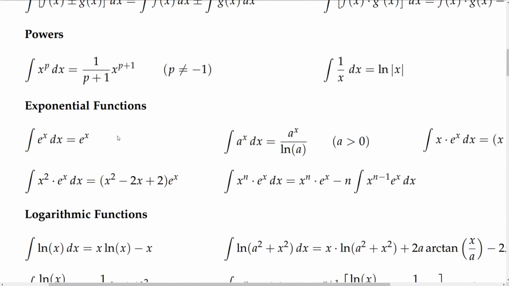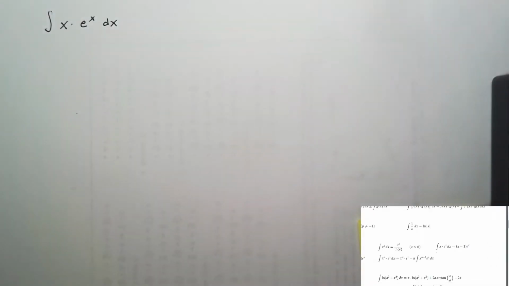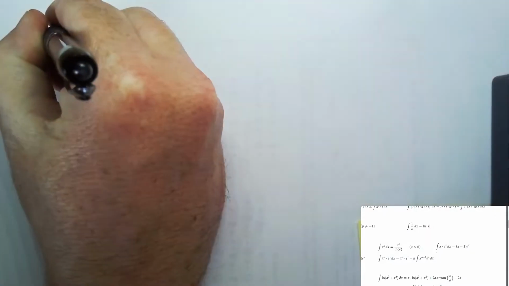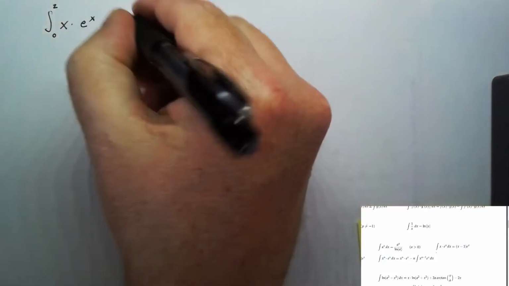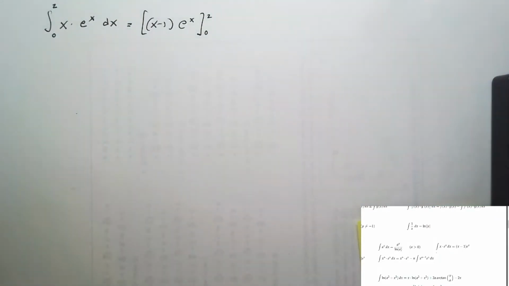For example, we know the antiderivative of e to the x is e to the x plus some arbitrary constant. Here, the arbitrary constants are left out to save space. This indefinite integral is one we do not yet know. If in some application problem we end up having to compute a definite integral from, say, 0 to 2 of x times e to the x dx, we can look in our integral table and see that the quantity x minus 1 times e to the x is an antiderivative.